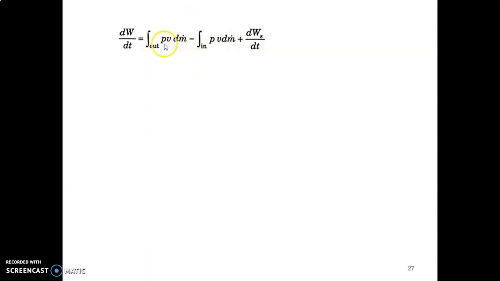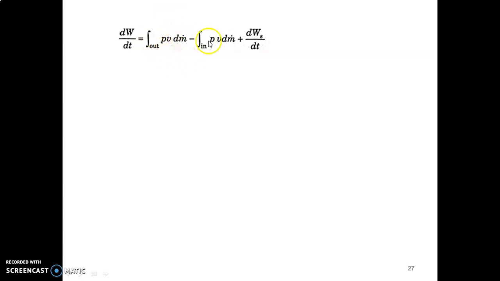So for the outflow, rho V dm dot. Here the V is a specific volume. Now we all know that P into capital V, pressure into capital volume, will give our work. Therefore here the volume is specific volume, so it is capital V by M, and this dm dot is dm by dt. Therefore the mass will be cancelled, from the capital V by M and M by T. The masses will be cancelled and we will get the unit for the work. So we have rearranged the equation for the work like this for the outflow.